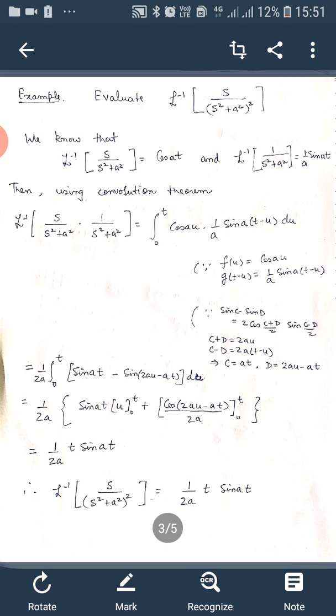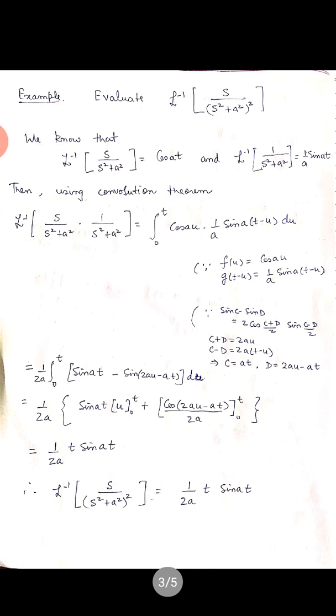we will take this outside and we will integrate the constant term, that means 1 times du, so it will become u, the integration from 0 to t, plus the integration of sin(2au minus at), which will be minus cos, so minus minus will become plus, and that will give you cos(2au minus at) over 2a, integration from 0 to t here. So if we simplify these things here, substituting the limits, we will obtain this